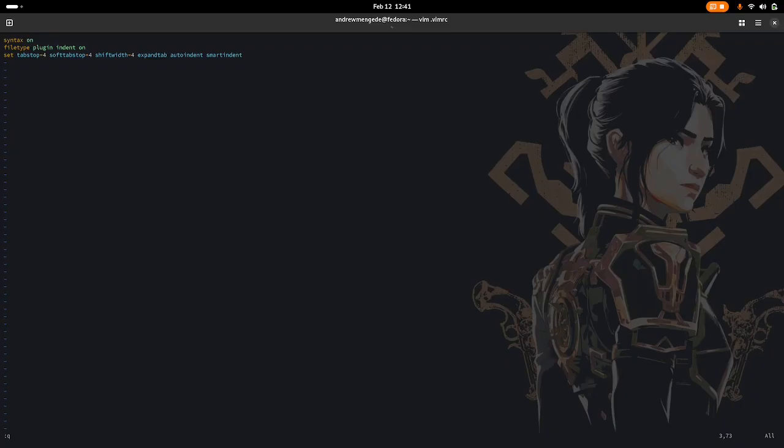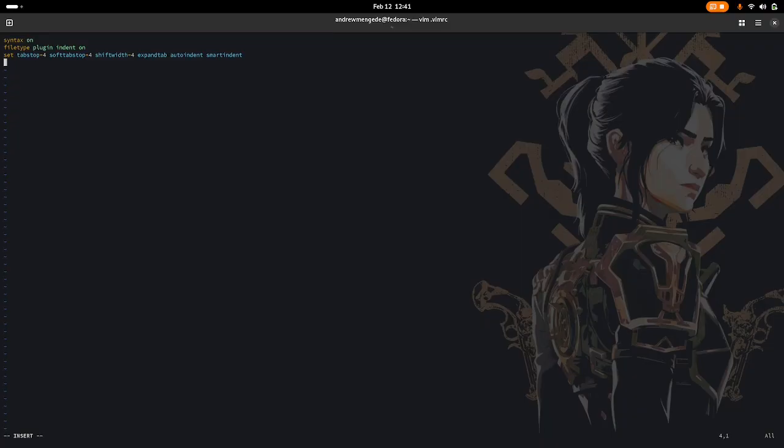So what auto indentation does is when I've got a line which has been indented by a certain amount, and I hit enter, I hit CR, carriage return, to go to a new line, the new line will inherit the level of indentation that the line above it had. And then what smart indentation does is it basically copies over the rules for C family languages for indentation. So things like if I open up a set of braces, it will automatically indent on the line inside those